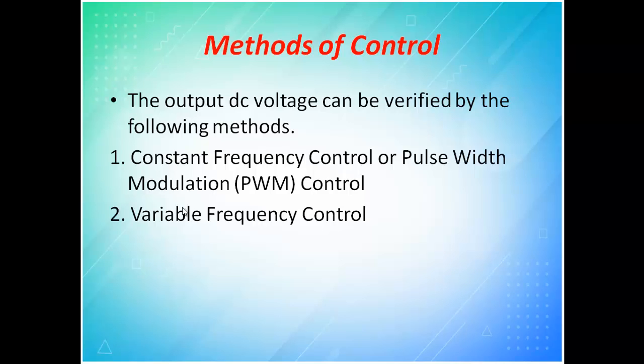I repeat, when you take 25 kilohertz, what is 25 kilohertz? With respect to time, T is equal to 1 by f. So 1 by 25 kilohertz is the T on plus T off time. That is called the period, and that time period cannot be changed. What you can change is only the T on and T off time. Either you can have more T on and less T off, or less T on and more T off, but T on plus T off put together should be your total time period, and this should not vary. That should be kept constant. That is the first one, which we call constant frequency control or pulse width modulation control.